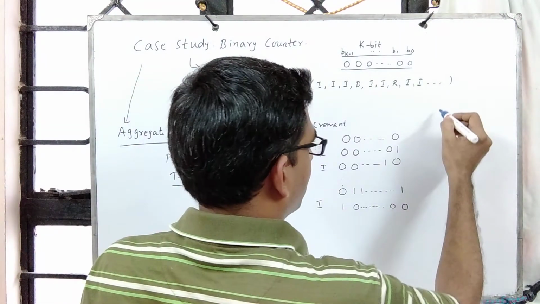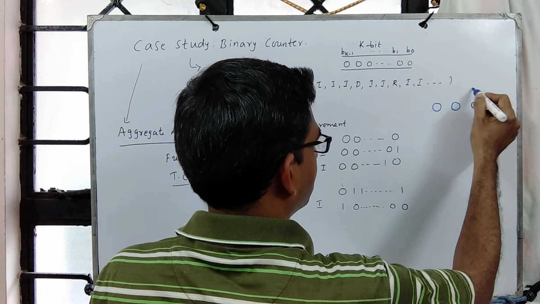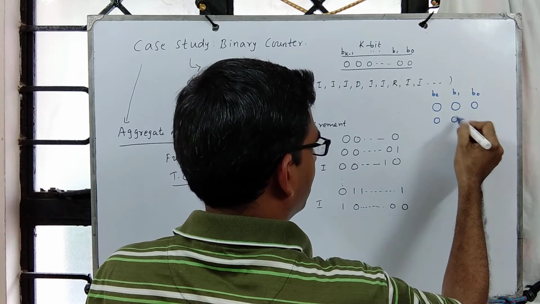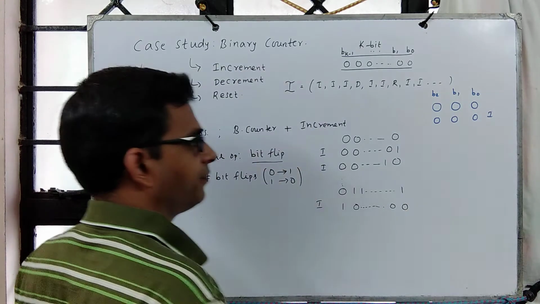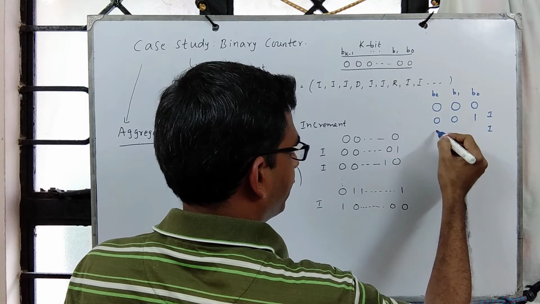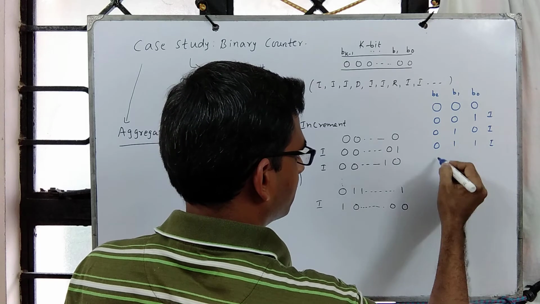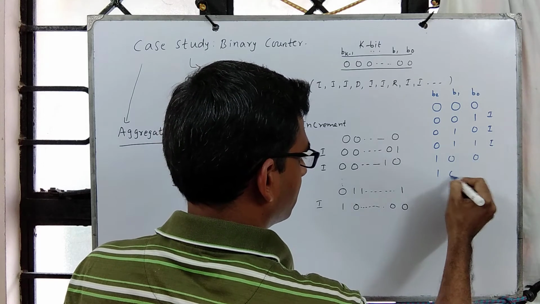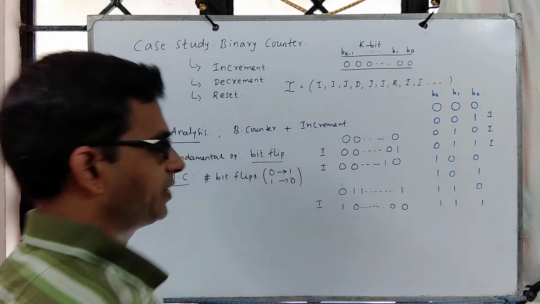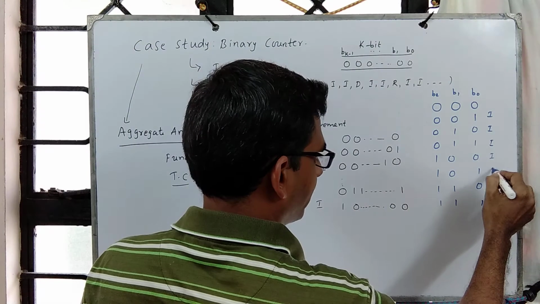Let's look at a simpler version of this. Suppose there are 3 bits, bit number 0, bit number 1 and bit number 2, and then say we perform one increment, we get this configuration. We perform one more increment, we get this. We perform one more, then we get this. Then we perform this. This is the maximum that one can do for a 3-bit counter, right?